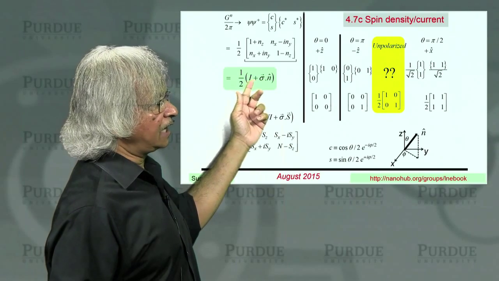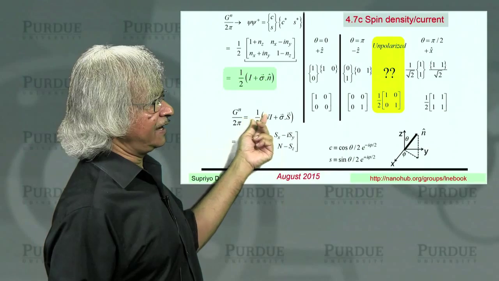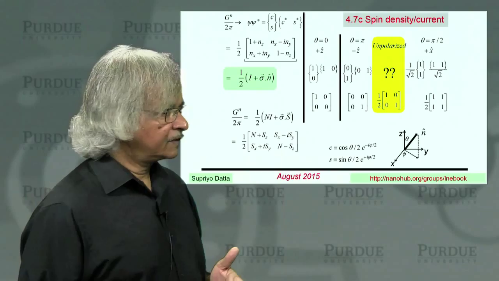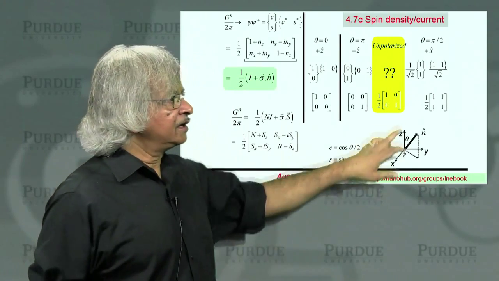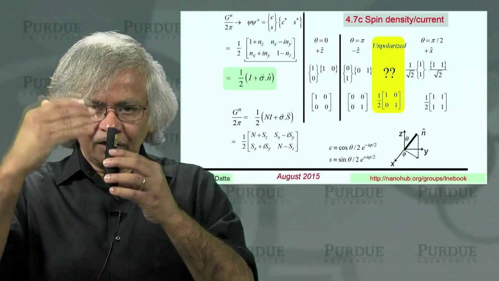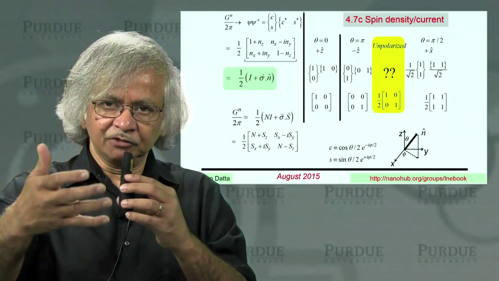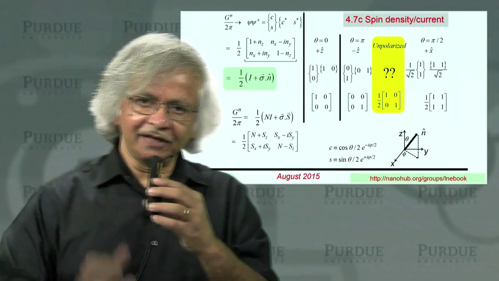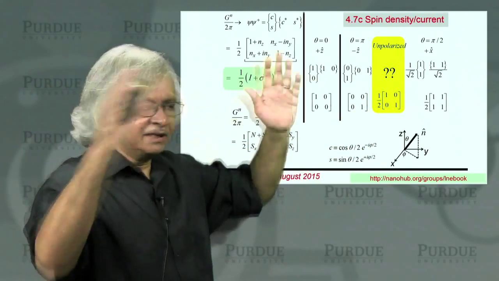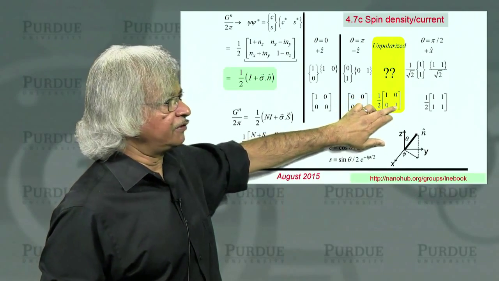So instead of I plus sigma dot n, you'd have Ni plus sigma dot s, where n is the total number of electrons and s is the total spin. So the idea is that for a single electron, you interpret these in terms of probability. If I measure the spin in a certain direction, what is the probability that the answer will be positive, that I get a spin in that direction? That's, let's say, 50-50. But if I have millions of electrons, what it means is 500,000 are up, 500,000 are down.